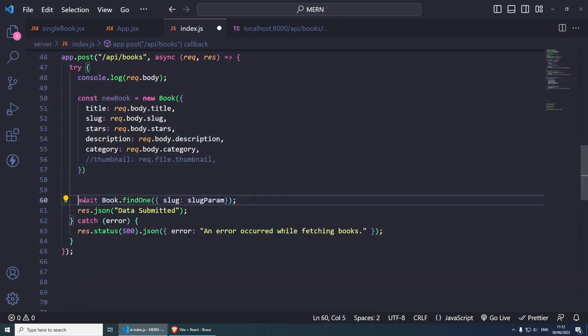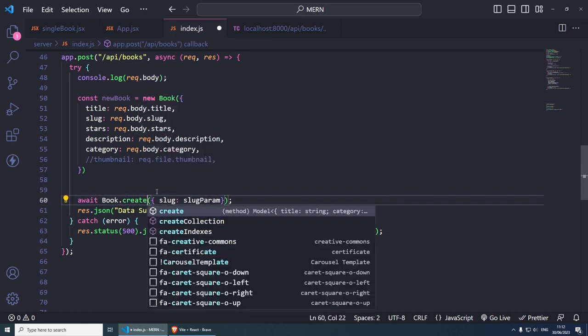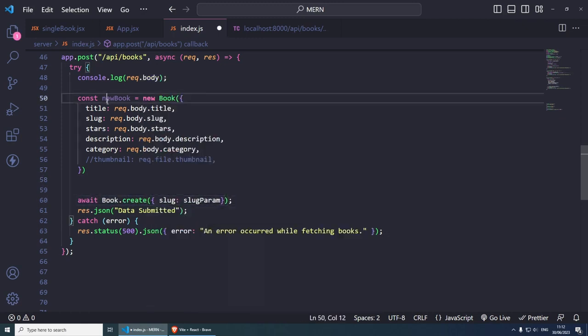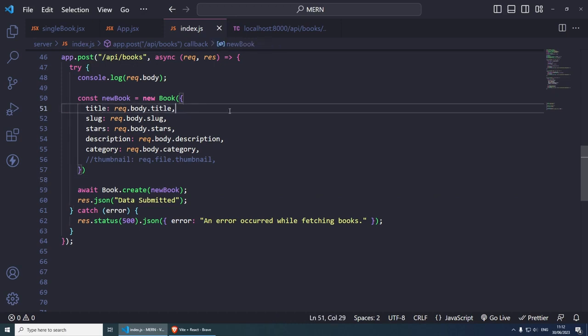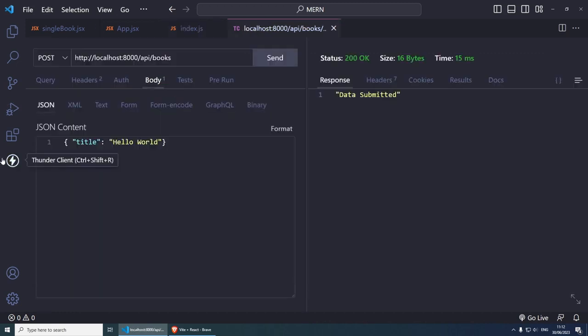So I'm going to remove everything from here, but we're going to do await book and then create, and then we're going to create the new book that we've passed. Alright, the only field that is required in this case is the title, so we must put the title in, otherwise it won't work. So I'm going to go to Thunder Client here, and I'm going to say hello world, and then